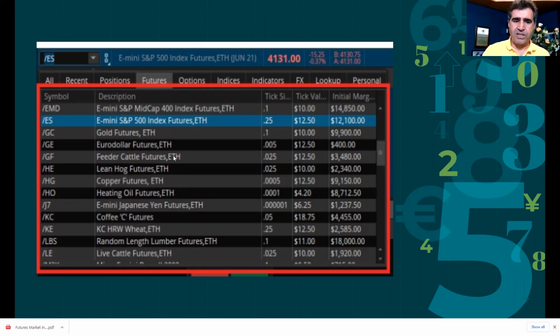On the other hand, what you can see, like Eurodollar futures in this case, or the feeder cattle, each one of them has its own margin requirements. Some are more, some are less, and these are currencies. So everything is spelled out for you. So I hope by using this example, maybe you can tonight or anytime, you can actually get more clarification on how these things work. So based on that, hopefully it's easier to be a little more comfortable with futures.